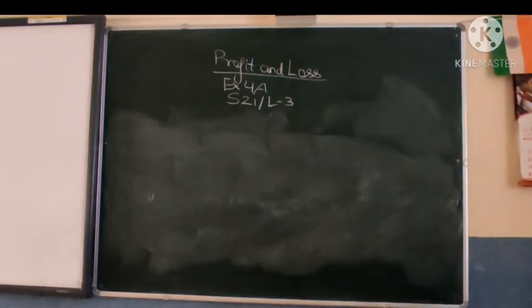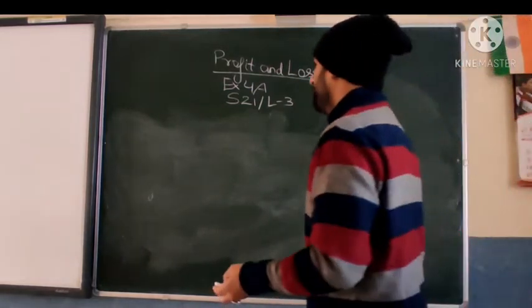So we have solved question number 3, both parts, of exercise 4A. And see, question number 4 is: the selling price of 10 mangoes equals the cost price of 12 mangoes, find the profit percentage. Question 5: the selling price of 25 balls equals the cost price of 15 balls. Questions 4 and 5 are on the same lines. Okay, I am solving the fifth part.